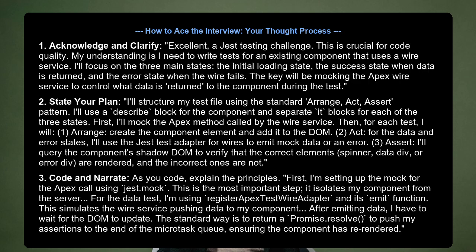2. State your plan. I will structure my test file using the standard arrange, act, assert pattern. I will use a describe block for the component and separate blocks for each of the 3 states. First, I will mock the Apex method called by the wire service. Then, for each test, I will: